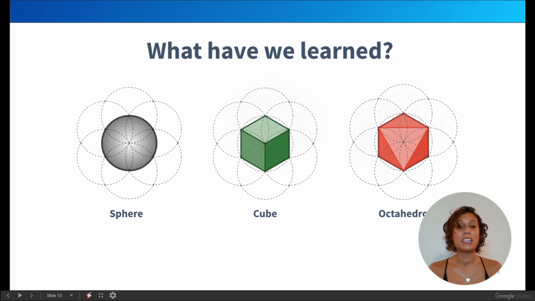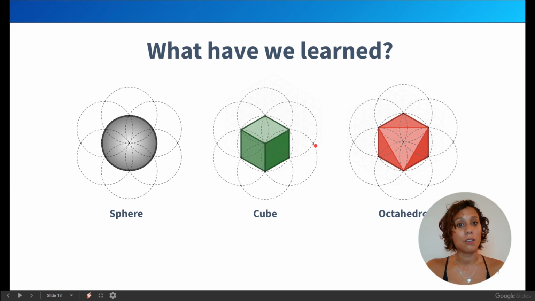I'm going to tell you a little bit more, not next time, but after that, how the cube is actually coming into existence, which is a little bit later. It's actually not the first shape. But I showed you today that it's the octahedron. The octahedron is the first shape that can come out of existence from the seed of life. Obviously, it works in collaboration with the sphere. We saw that the octahedron is within the sphere. All of these shapes are always within the sphere. But it's the first shape that comes into existence from the atom, from the first orbitals, which is, by the way, neon gas. And the cube is something that I can tell you already will show up later.